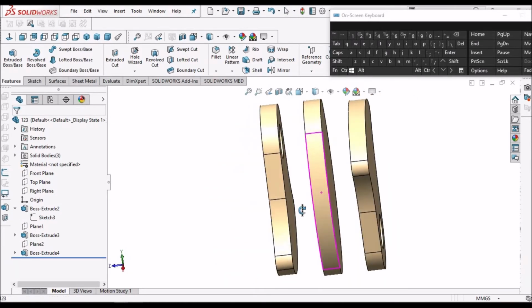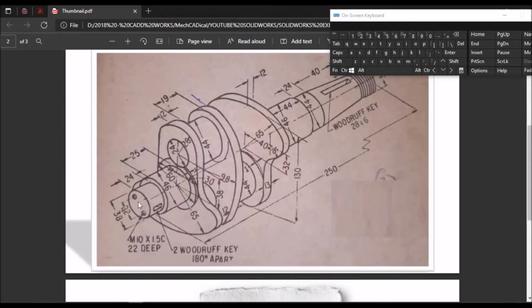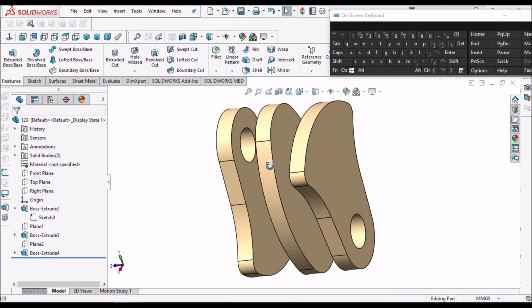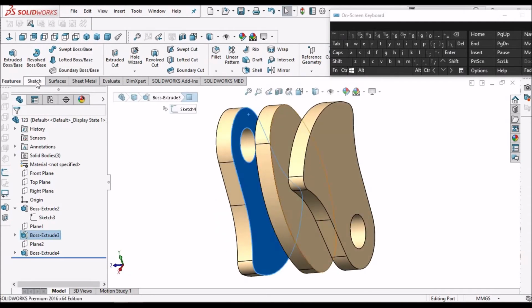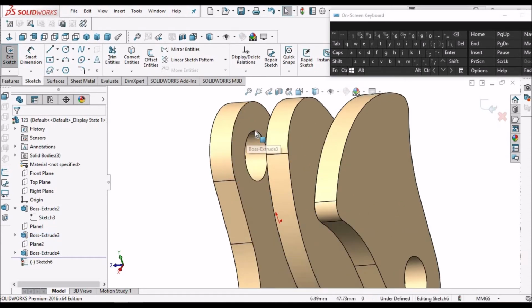Now we have to create this shaft and this connecting rods. So this distance is 19. Select this, go to sketch, select sketch and select this edge, convert entity.